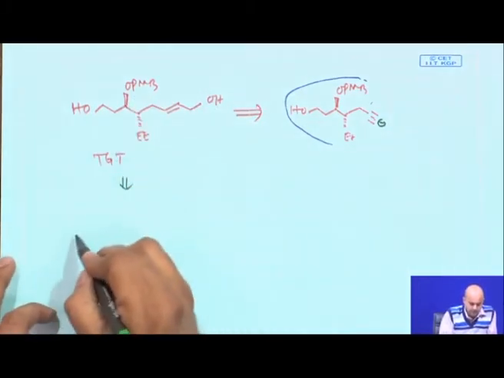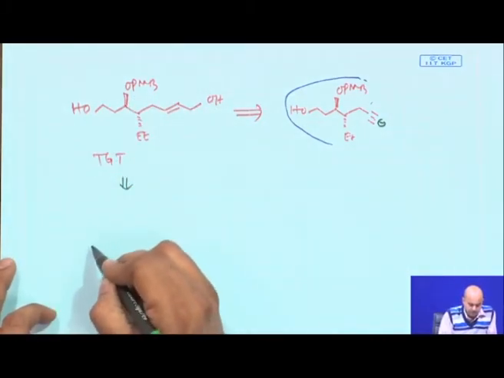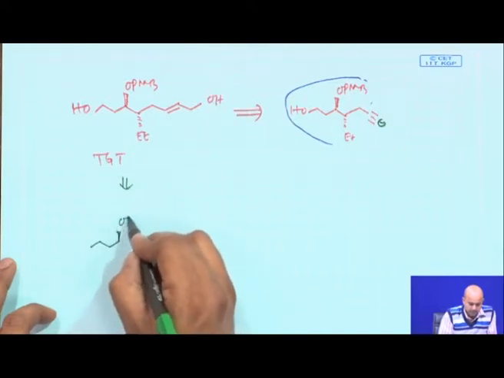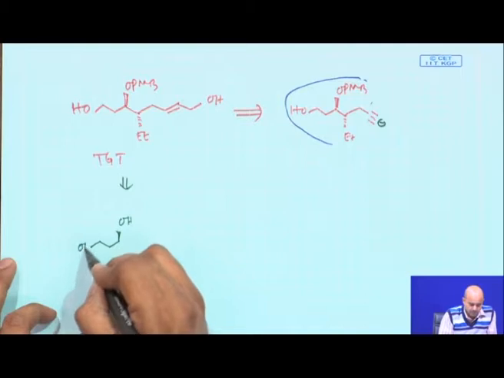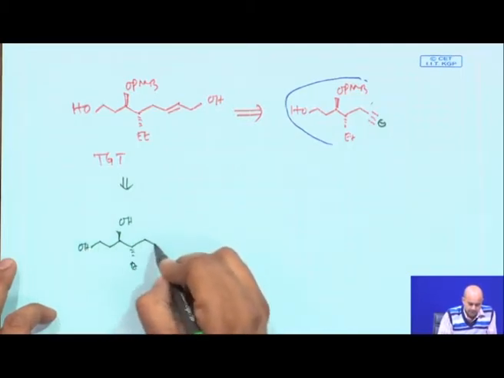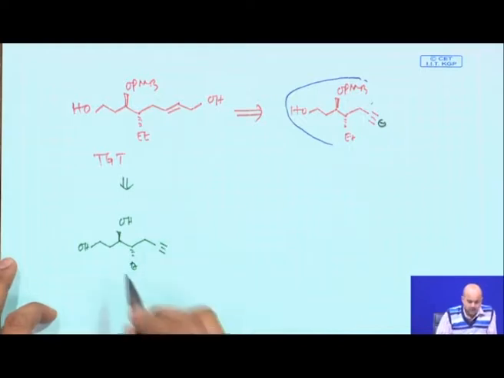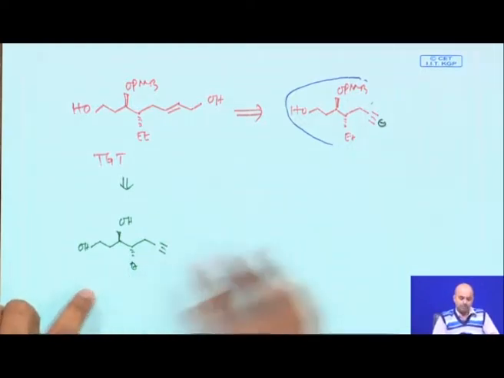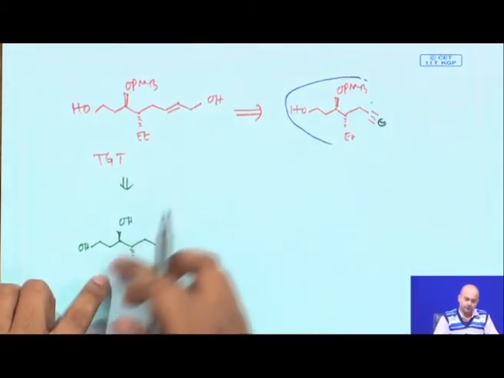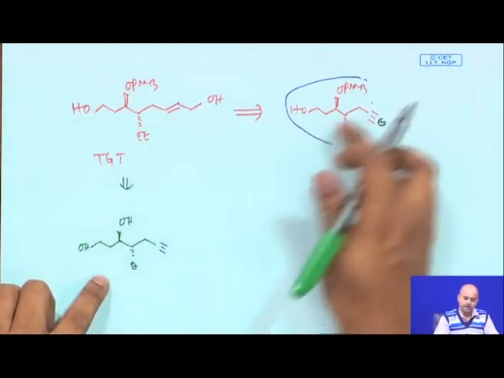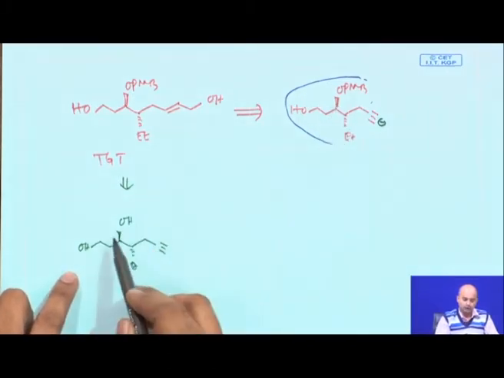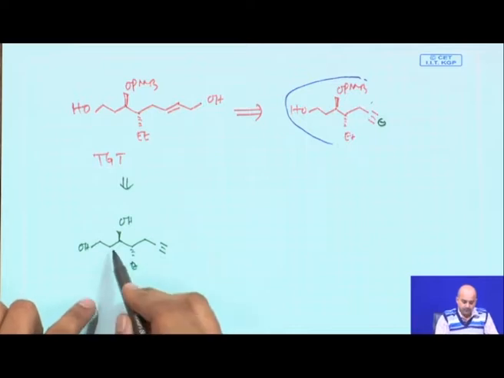Now, we say that if you have an intermediate which is something like this, you will have a very easy job to assemble the molecule. Now, what is this? This is closely related with the starting material, where in the starting material a secondary hydroxy group is protected. Now, we take this compound.